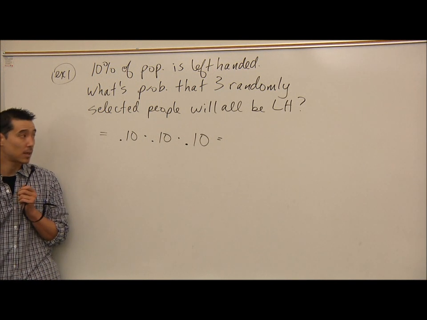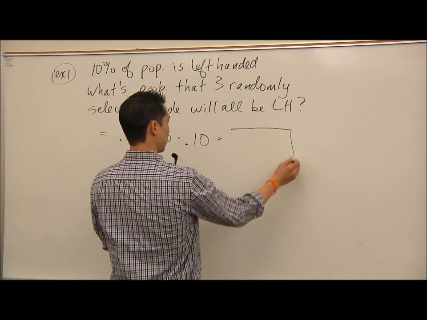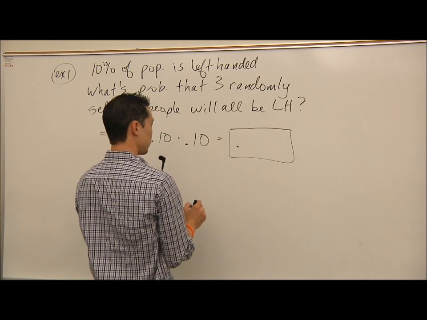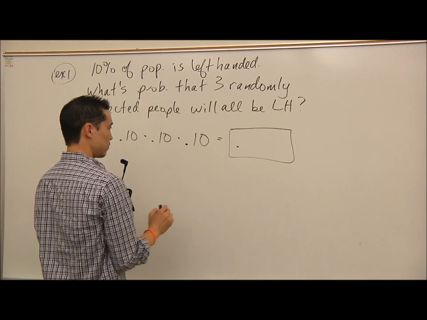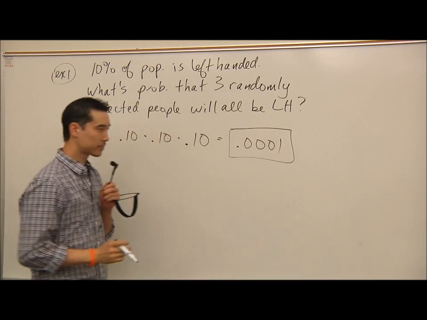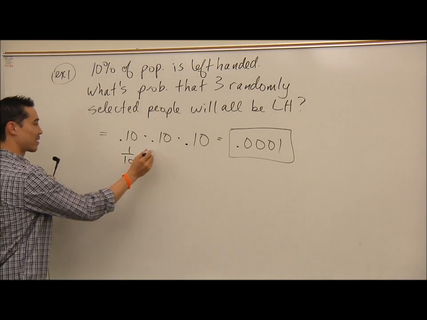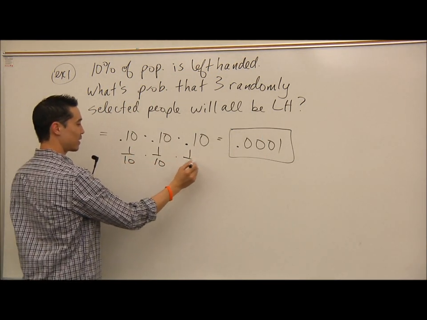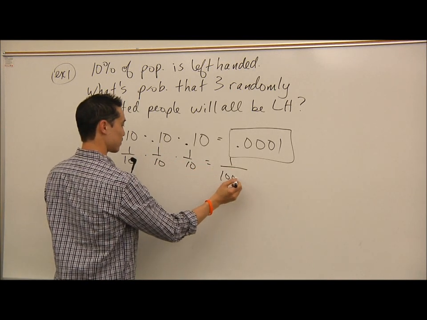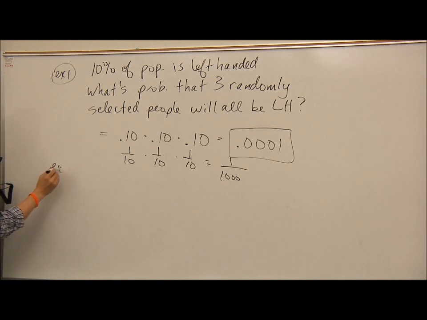And what does 0.10 times 0.10 times 0.10 come out to? 0.001. Is it okay to leave that as a fraction? Yeah, you can leave that as a fraction too, like I've done all the other examples. 1/10 times 1/10 times 1/10. Okay. Now, compare that to